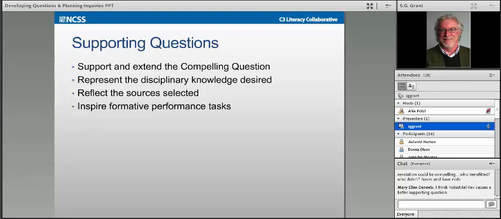In other words, we don't want to start teaching on day 1 and then end teaching on day 5 or 10, and then just have one assessment along the way. We want to know whether the kids are with us. And so one of the things I'm a big advocate of is creating tasks along the way that go along with the supporting questions. So on the pedagogical side, supporting questions really offer a set of guideposts or scaffolds around which teachers can build instructional activities based on the knowledge and ability of their kids. So let's look at an example now.